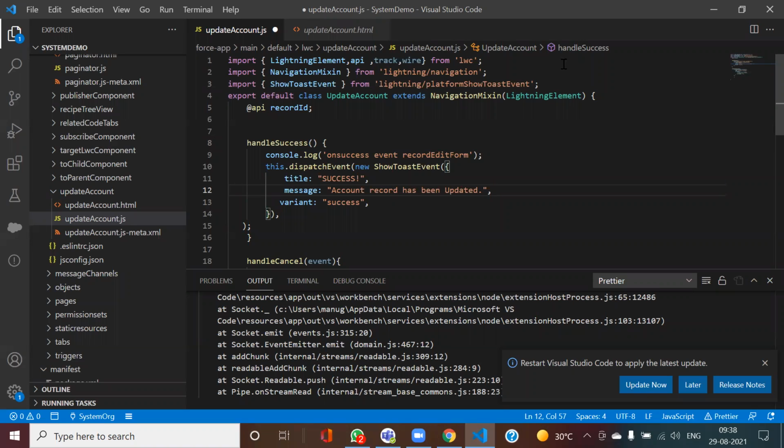So here, first of all, I have this platform event. On success, I want this event to be called to show that success message. So to call that out, I dispatched this event. If you check this dispatch event, it's a sort of JS function. That's it. When this success occurs, this is how the message should be displayed. Is this clear? Okay, yeah.